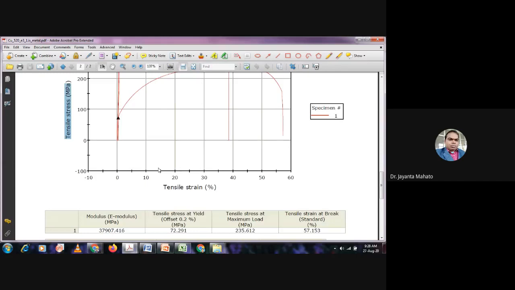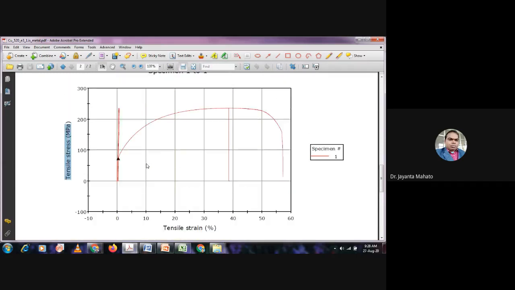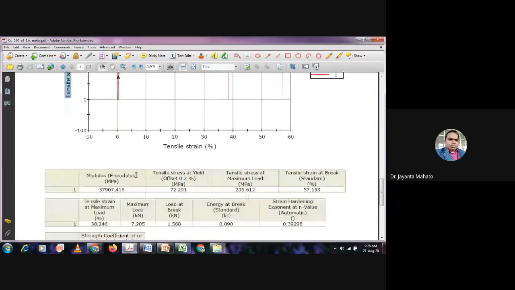Which type of curve do you want in the test result, and different tensile properties like modulus of elasticity, E modulus, yield strength, 0.2% offset yield strength, tensile strength at maximum, meaning ultimate tensile strength UTS, or tensile strength at maximum load, meaning uniform strength.